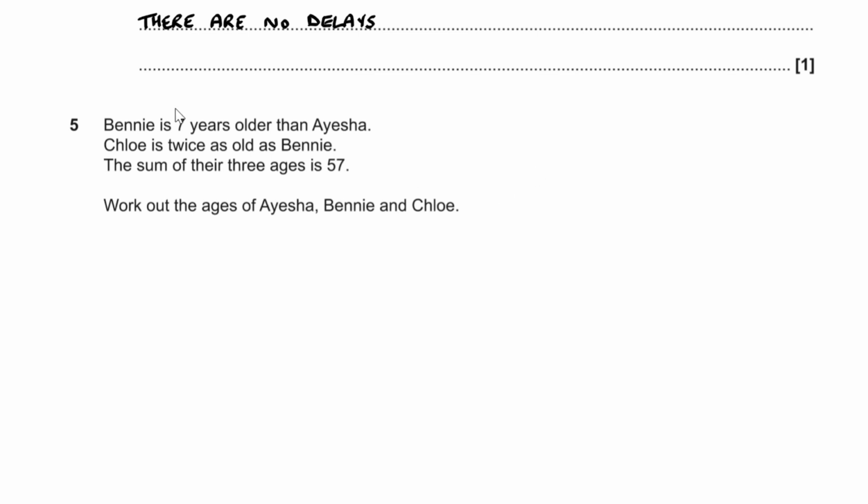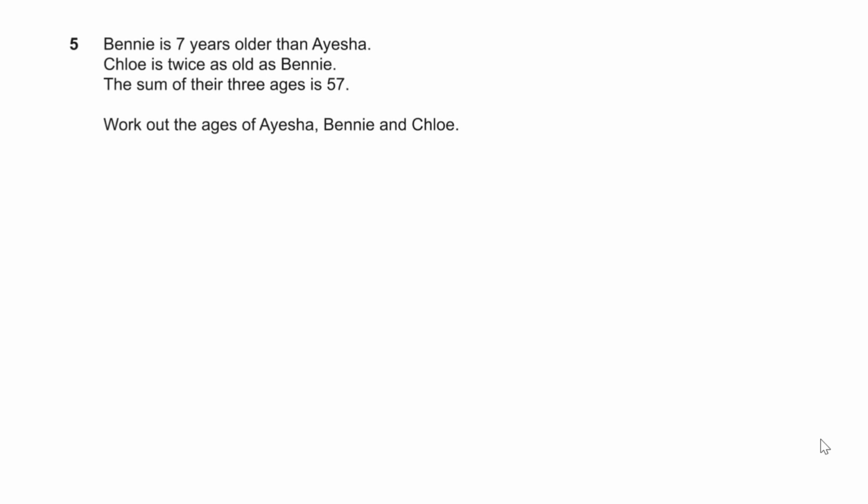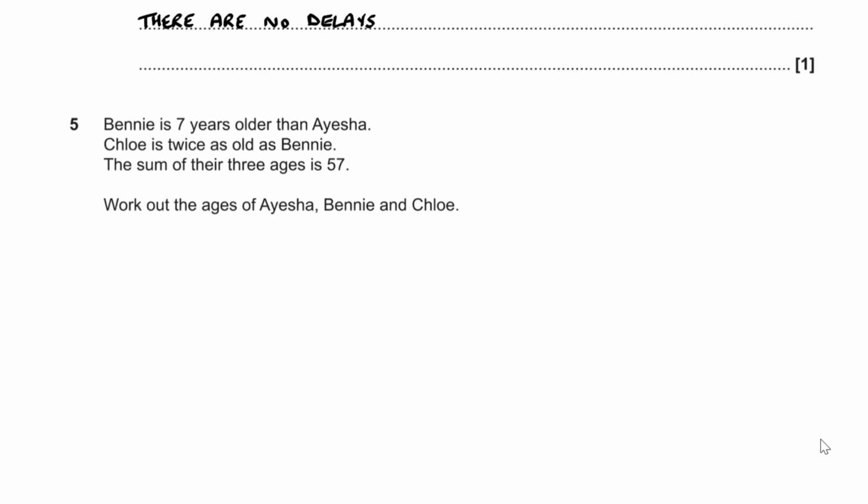Question number 5. Benny is 7 years older than Aisha. Chloe is twice as old as Benny. The sum of their 3 ages is 57. We have to work out the ages of Aisha, Benny, and Chloe. So what we can do over here is let Aisha's age equal x. So, letting Aisha's age equal x,